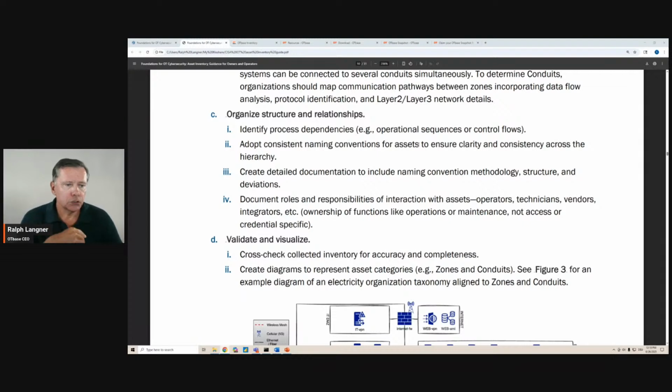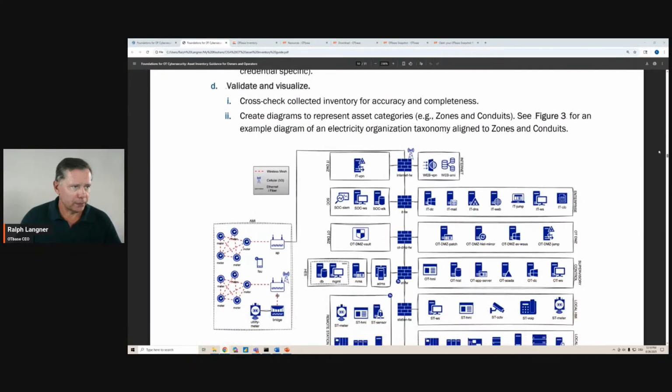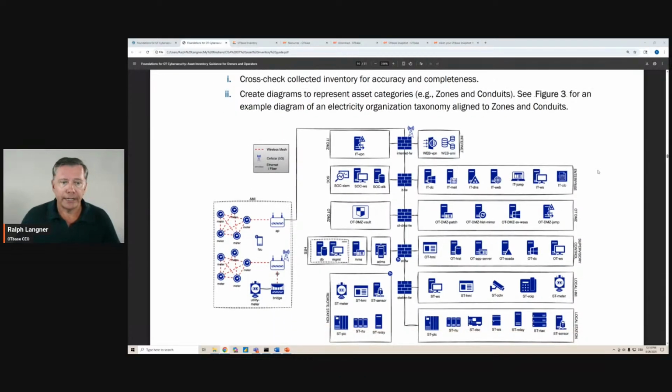Create detailed documentation to include naming convention, methodology, structure, and deviations. Good. Then validate and visualize. Cross-check collected inventory for accuracy and completeness. Create diagrams to represent asset categories like zones and conduits, blah, blah, blah. Also, I like it. I like what they say,